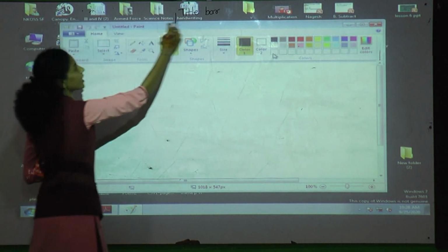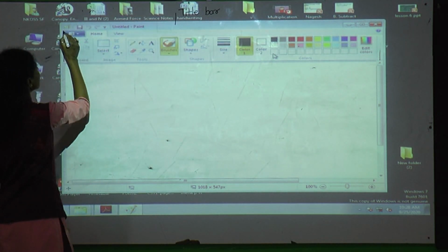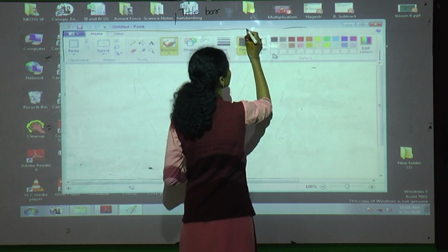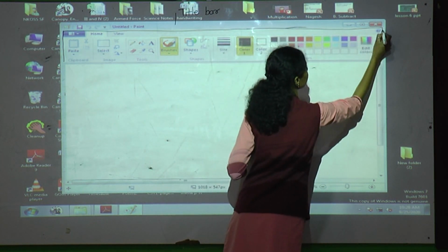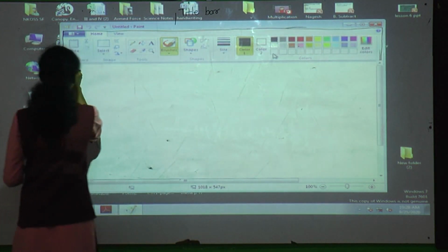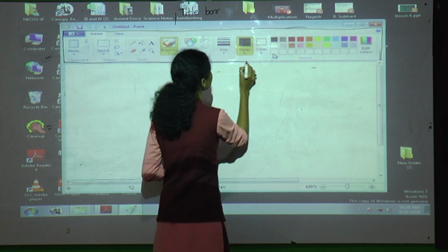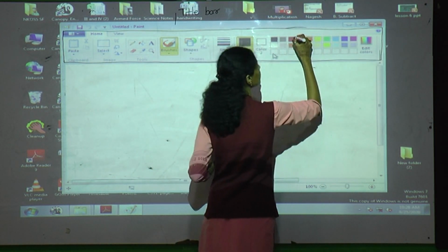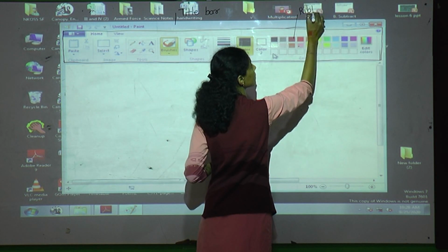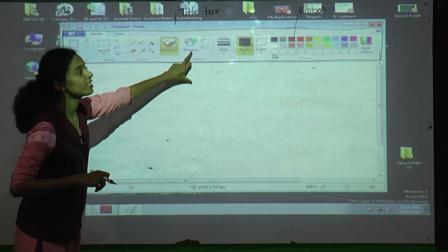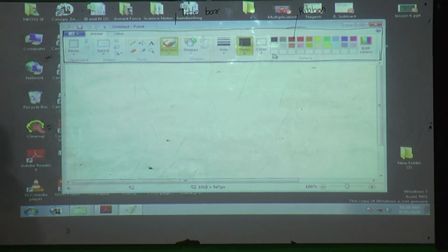This first one is the title bar and this second one is the ribbon. R-I-B-B-O-N, ribbon. Okay.